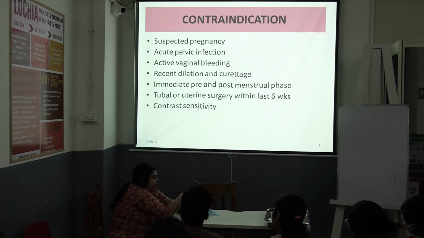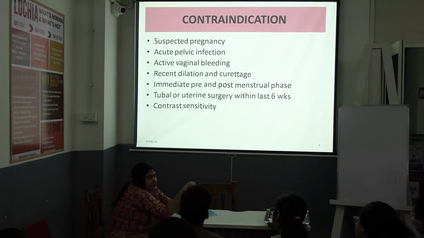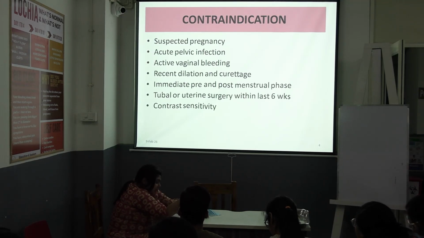Yes, undiagnosed vaginal bleeding, because you might be dealing with an ectopic pregnancy. PID, and then infections, active infections. Whenever you are telling active genital PID, pelvic inflammatory disease, active genital TB, active sexually transmitted disease, whatever that is active; previous history doesn't have any effect on this. And then active vaginal bleeding, suspected pregnancy, then any anaphylaxis to the dye. If she is having any dye allergy, if you know it already, then you do not do it.